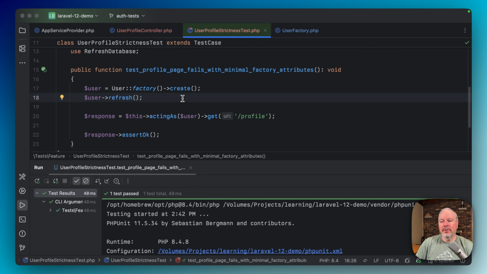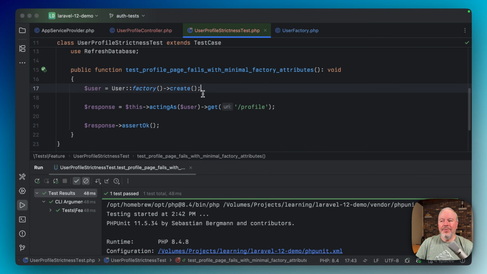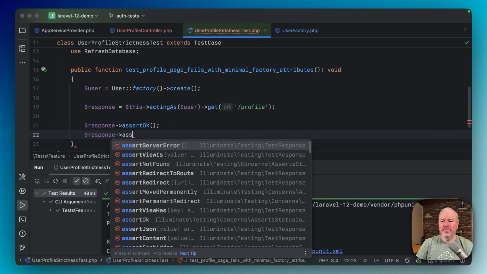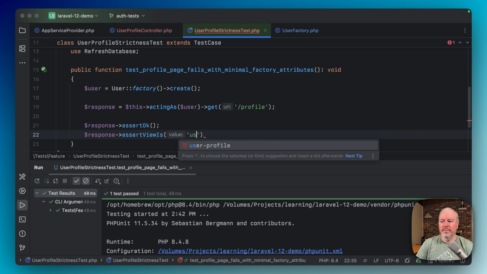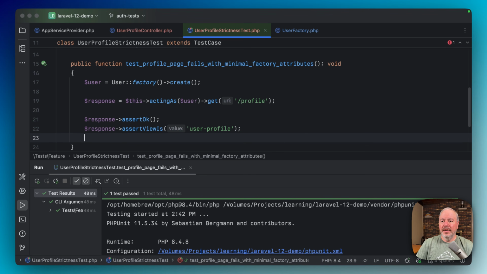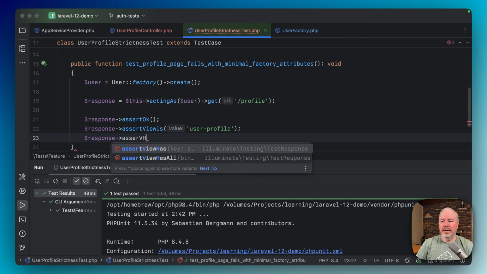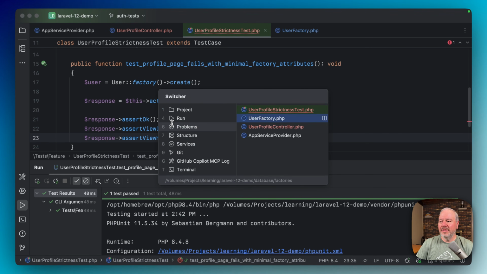So that is one workaround. But first of all, I just want to say, be aware of that issue. If you run into this, this is what's happening and why. You could just do a refresh. Here's what I would do. I would actually say this is not a very good test, right? So if I'm making assertions here, I'm going to do stuff like assert what view is being returned. And I would say you'd want to go a step further and say view has,